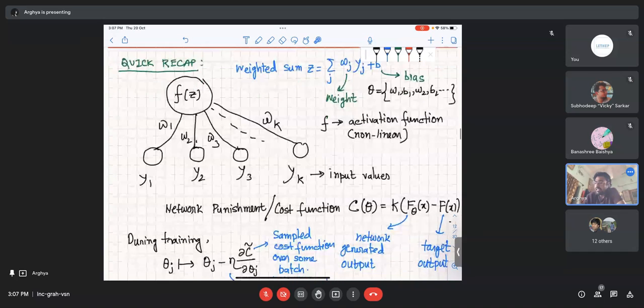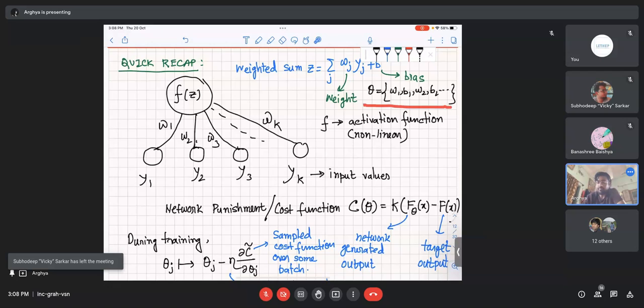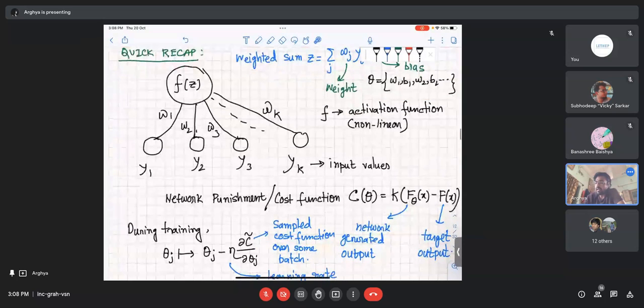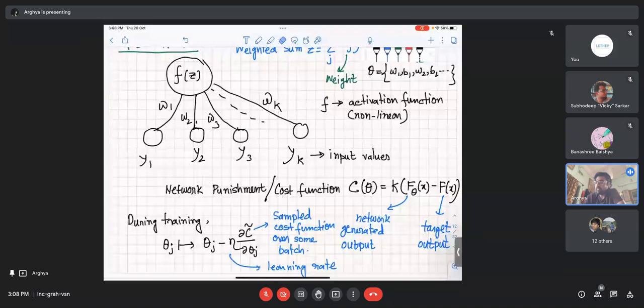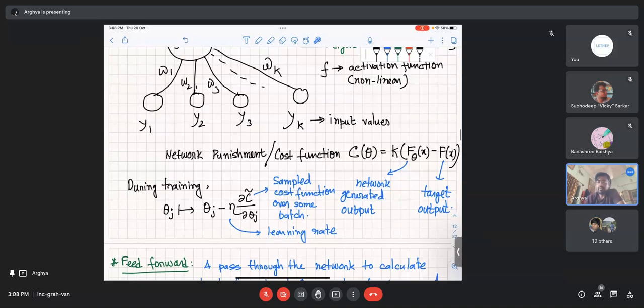And then I have defined that whenever I talk about the parameters of the network, the full set of the network, I will always represent it by theta. Theta is the set of all the weights and biases, every one of them. And f is some activation function. This activation function can be anything in principle, it just has to be nonlinear, and it's very problem specific, that we also have discussed. And then for each training, as we are talking about supervised learning,